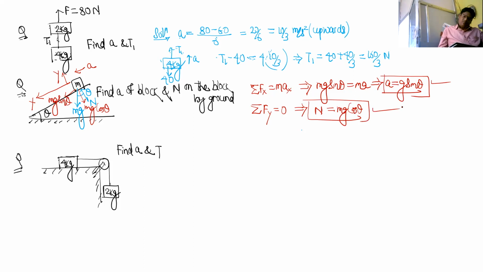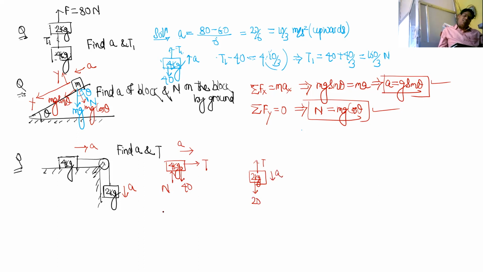Here you see both of them will move with the same acceleration because they are connected with a rope. So unless the rope breaks, they have to move with the same acceleration. So now if you draw the free body diagram on the 4 kg block, tension is acting here and it is moving with acceleration a, and then there are gravitational and normal forces acting like this. And on the 2 kg block, the forces acting are gravitational force 20 and tension T here, and it's moving downwards with acceleration a.